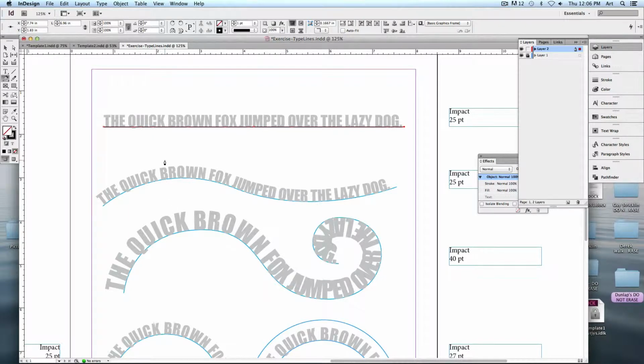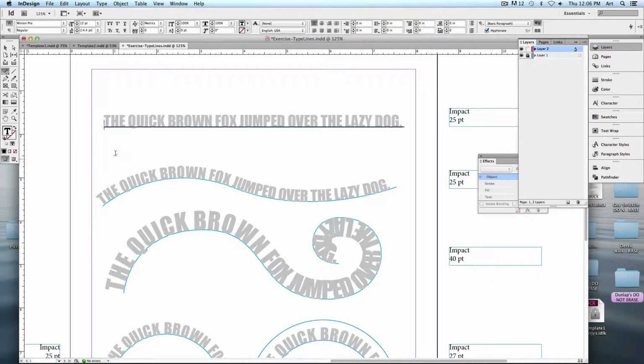To put type on a line, we're going to use our type tool, but we're not going to use the regular type tool. With that one, you have to draw a box. With this one, the type on a path tool, you can click on a line and add the text to it. Look very closely at my little icon. See how it's got the crossbar? If I bring it in close to the line itself, now I've got a little plus mark on the right hand side. When you see that, you can click, and now you've got your blinking cursor. You can actually start adding text to it. So let's type that out. The quick brown fox,